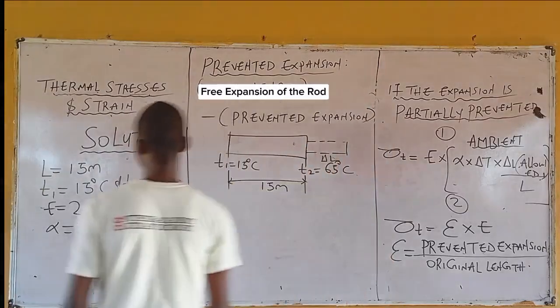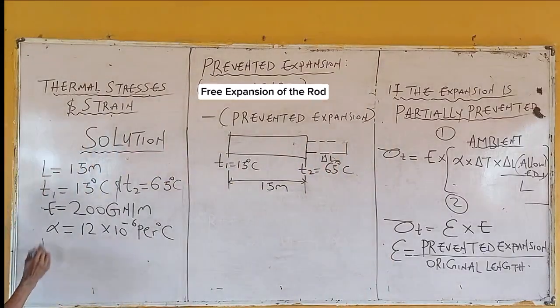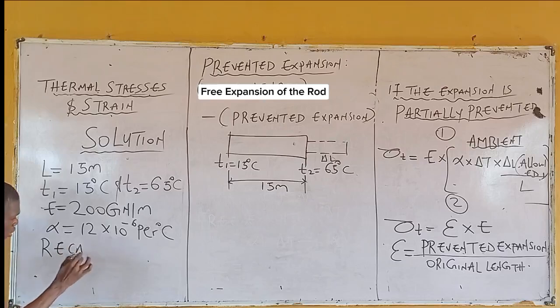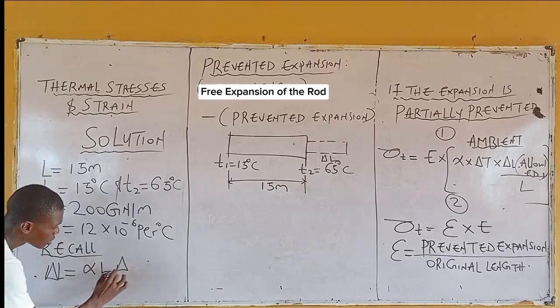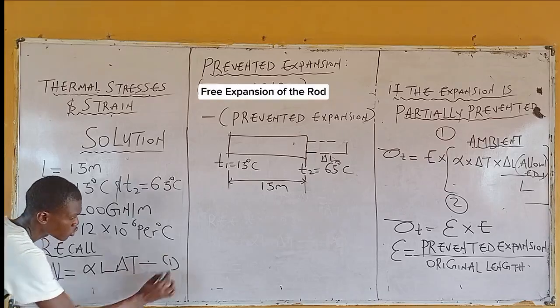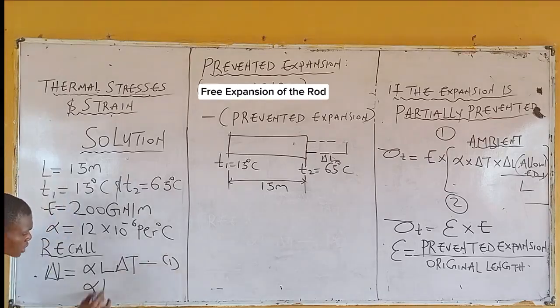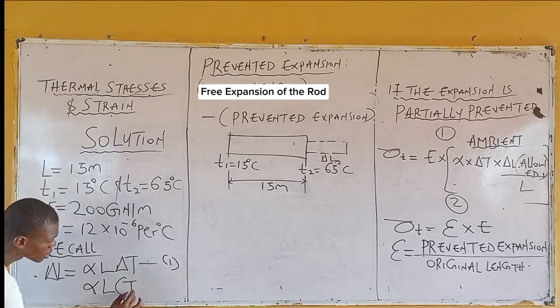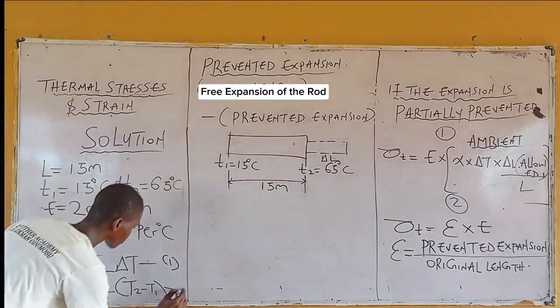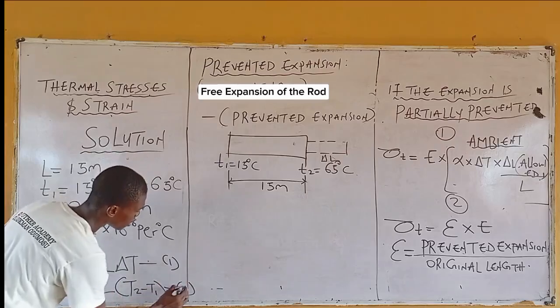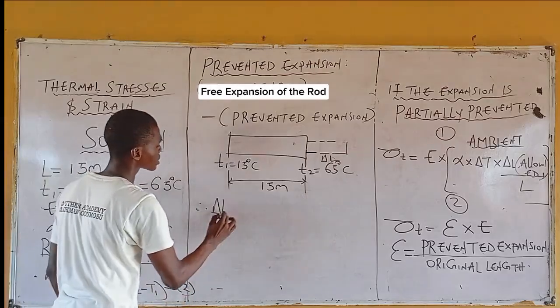So recall, what's the formula for change in length? Change in length for free expansion is equal to linear expansivity times length times (T2 minus T1). Input the values. What do you have? Therefore, change in length becomes